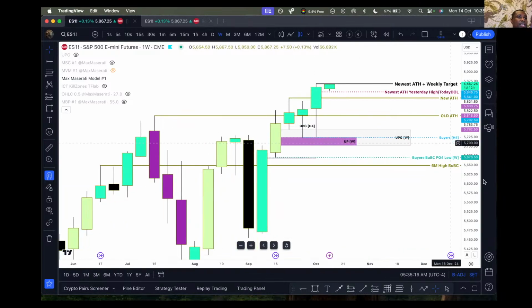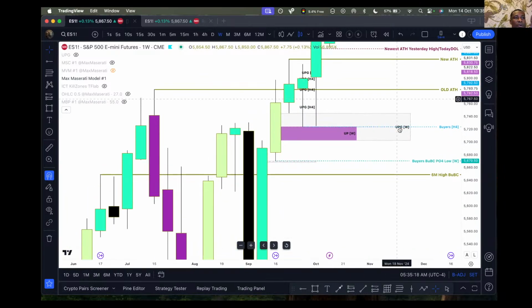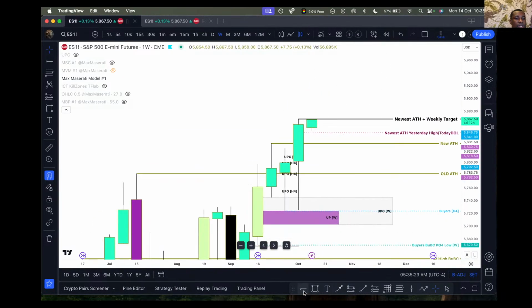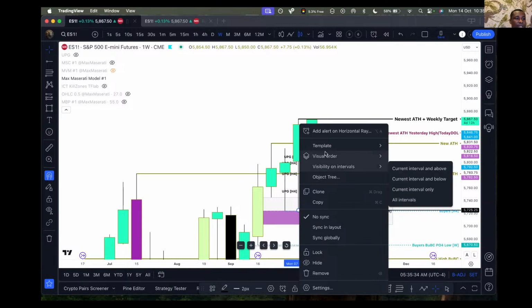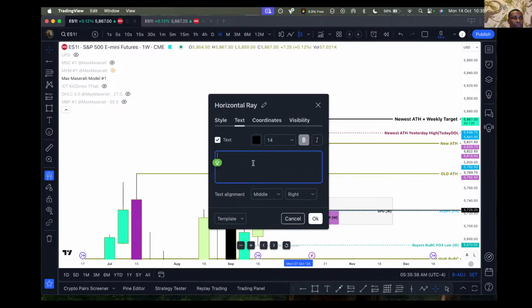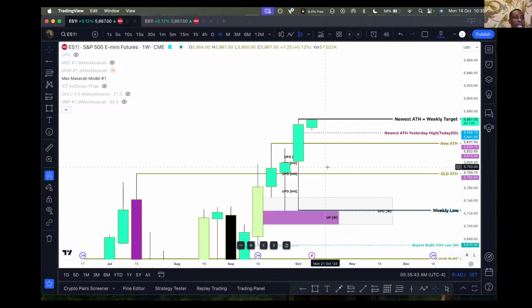Our daily candle was a bullish body close, and our previous weekly candle was also a bullish body close. So we're expecting this week to take the high and then respect this level here. This is the weekly low, so we are going to call this our weekly low. If the market takes this high early today, we might expect the sellers